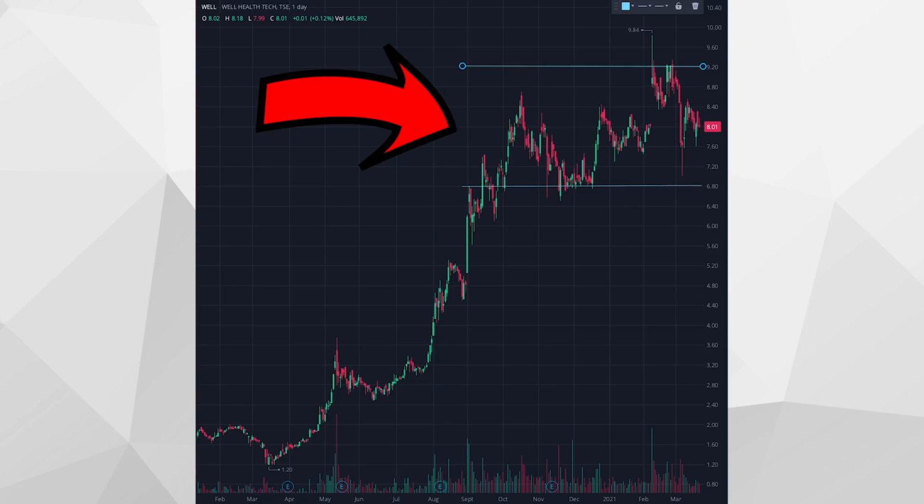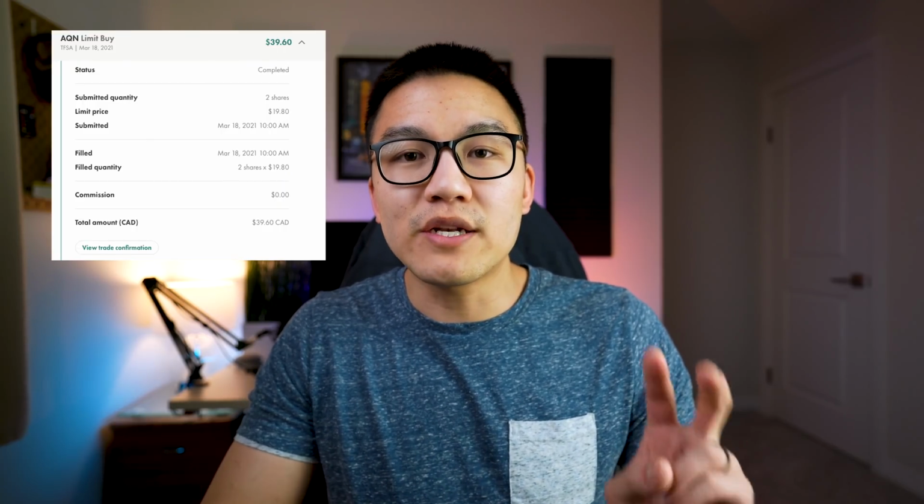So there's going to be people looking to sell around this price, and there's going to be people looking to buy. However, once all the sellers dry up, we should see new all-time highs. That's my personal opinion, at least. The third and final stock that I bought this week was Algonquin Power Corp, and I bought 2 shares at